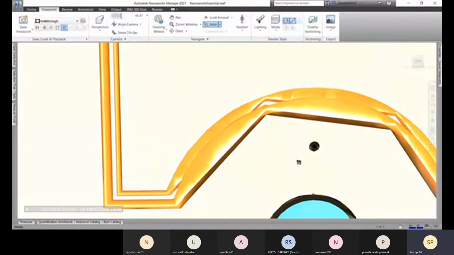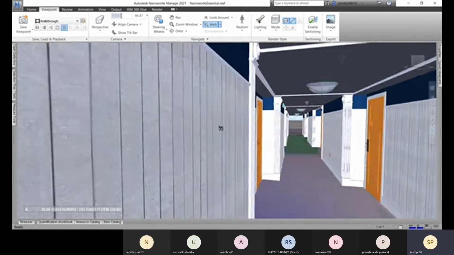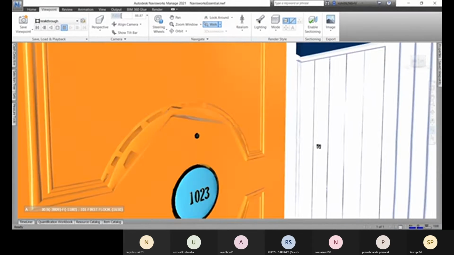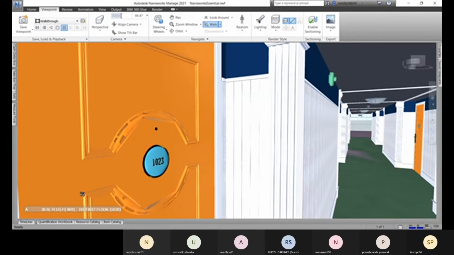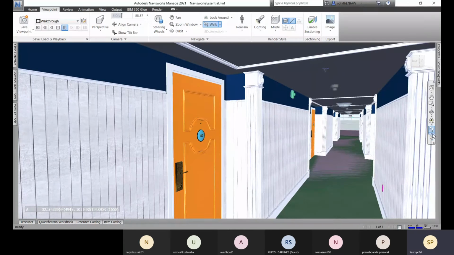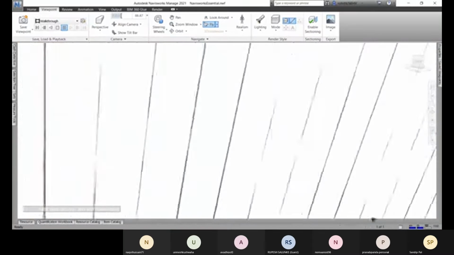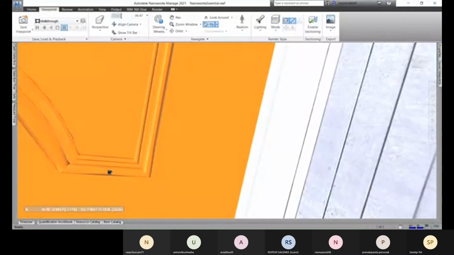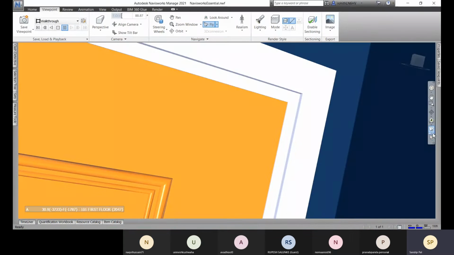I'm trying to enter into this room like a ghost, right? So get backward. Let me try with this fly option. So right now it's not allowing me to enter. No problem.